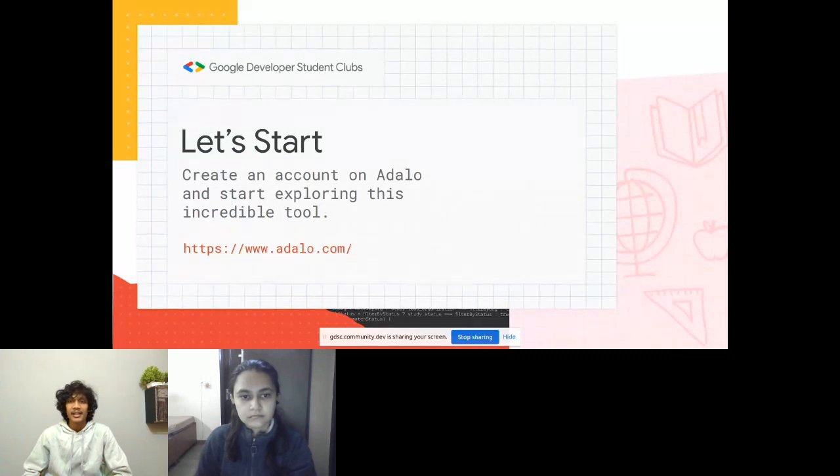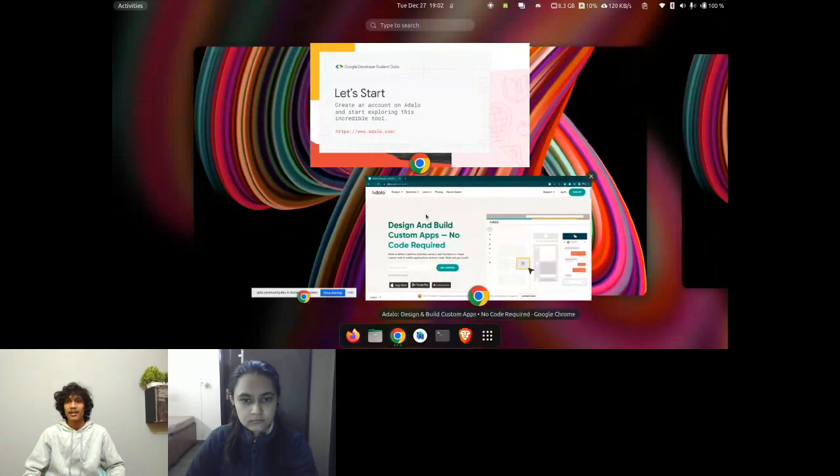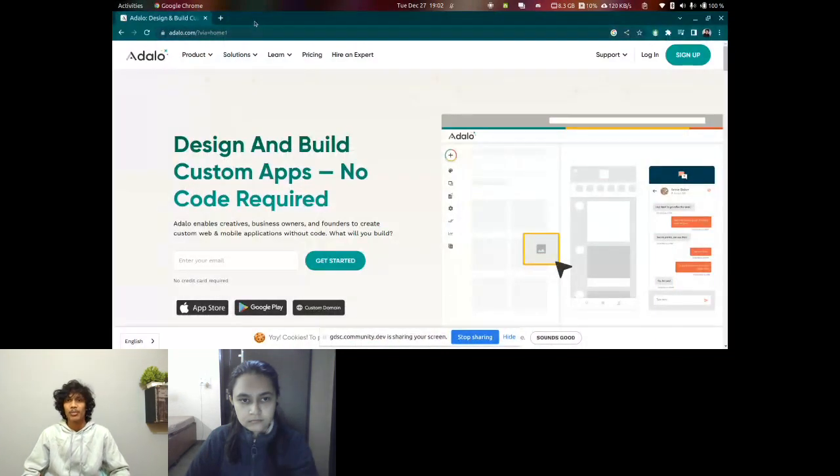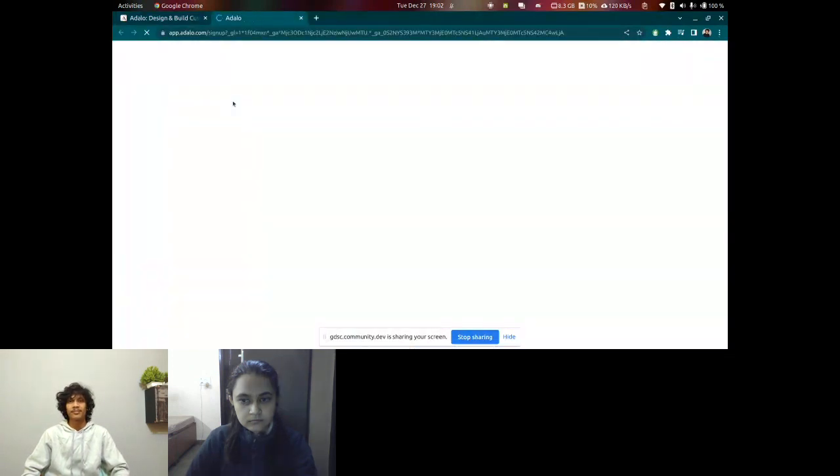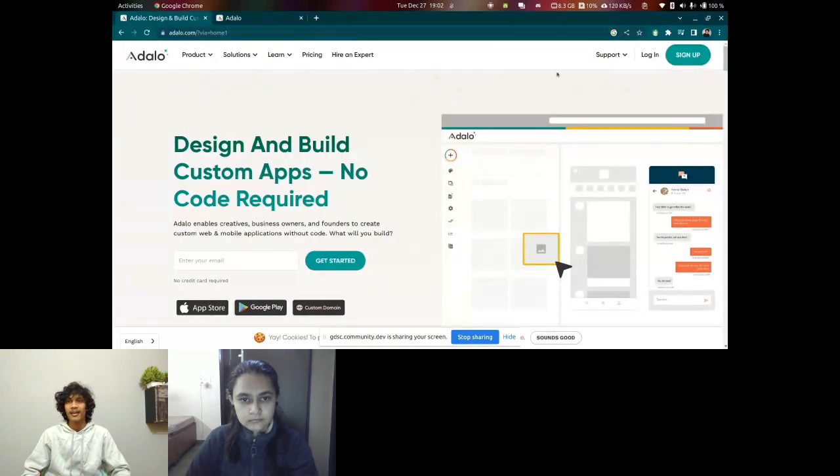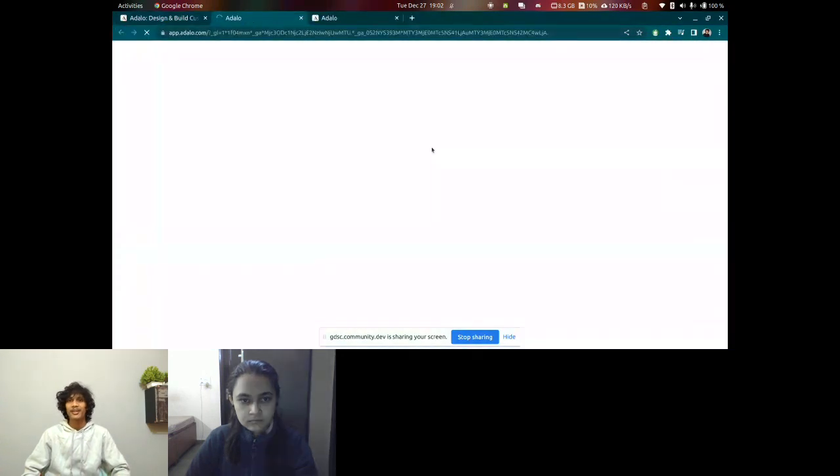Now, let's start by creating an account in Adalo and start exploring this incredible tool. All the students can just follow this link and start creating applications without writing code. So you just have to head over to this link. You can find this link in the chat also, and you have to click on sign up. I already have an account, so I will not create again. I will just click on login,